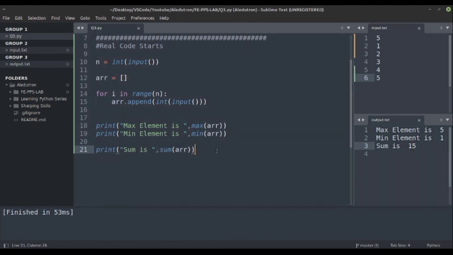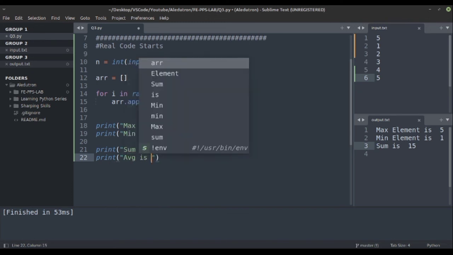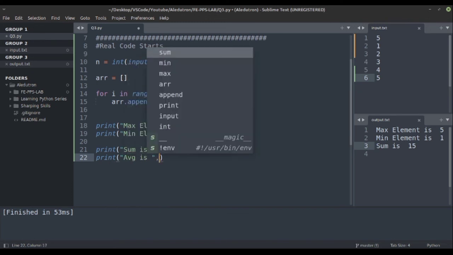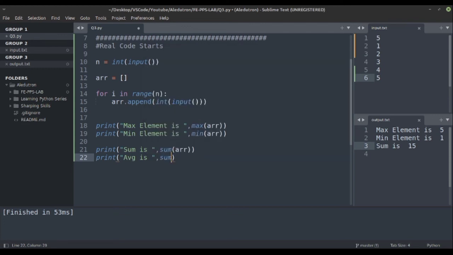Now we have to find the average. Basically, the average formula is the sum of the elements divided by the number of elements. So we can directly calculate it. Print average is, and then we calculate sum of array divided by n.